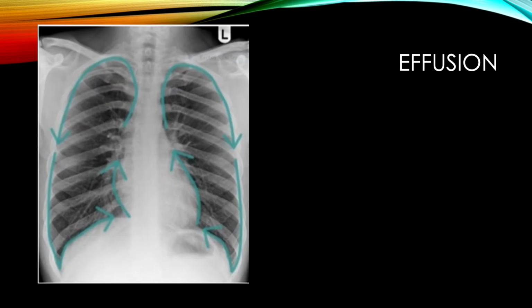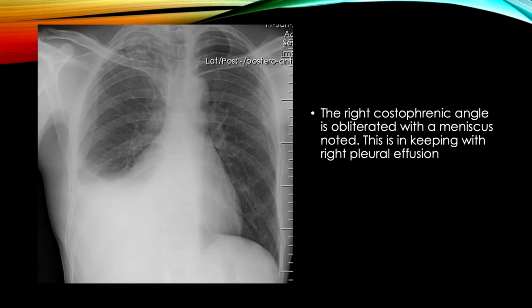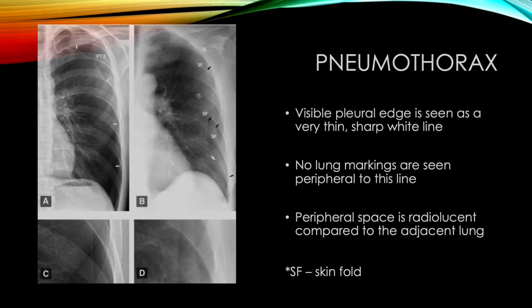E. Effusion. The pleura and pleural spaces will only be visible when there is an abnormality present: pleural thickening, pneumothorax, or effusion. Pneumothorax can be life-threatening. A pneumothorax is, when looked for, usually easily appreciated on erect chest radiographs. They typically manifest as a peripheral lucent space with no lung marking visible beyond a very sharp thin white pleural